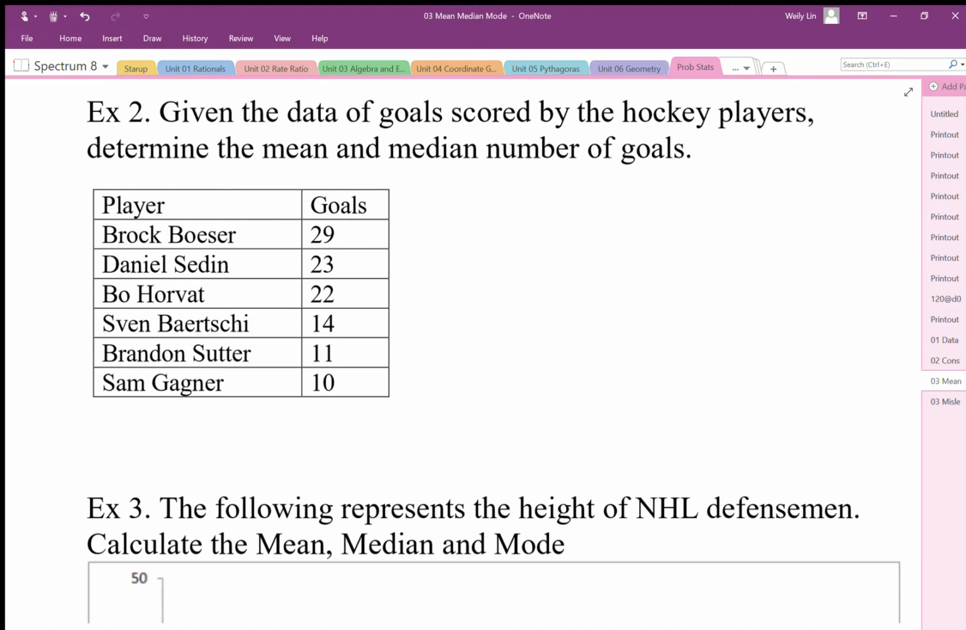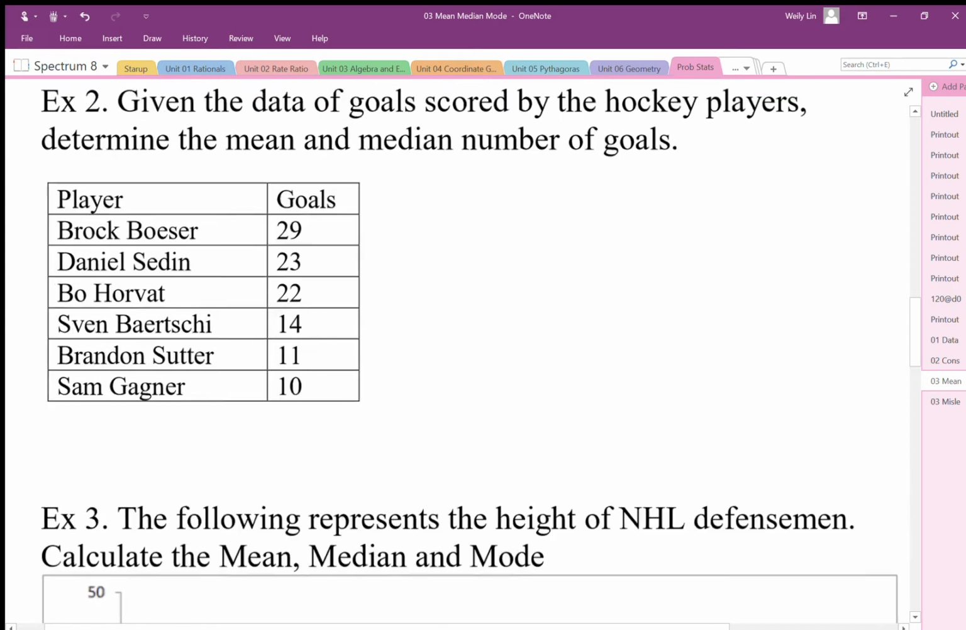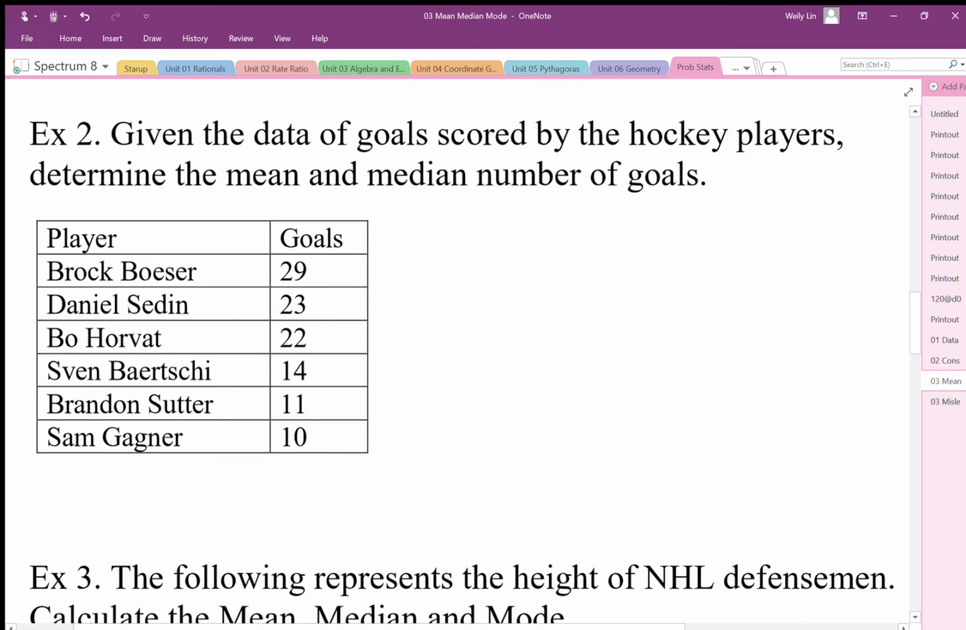Okay, so here the data given is for the number of goals scored by the hockey players on the Vancouver Canucks. I don't know what year this is, but here we have Brock Boeser had 29 goals. He had the most, then Daniel Sedin, Bo Horvat, etc. So the nice thing is this is lined up in order, so that we can find the